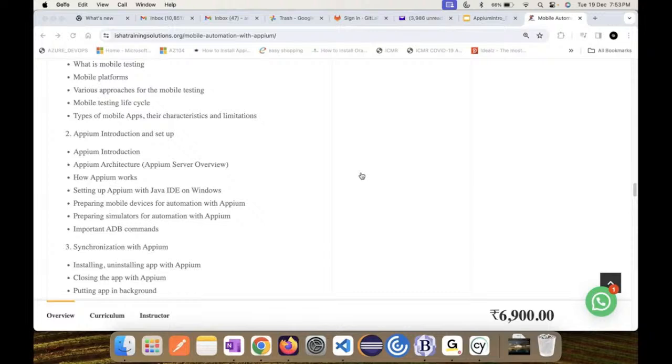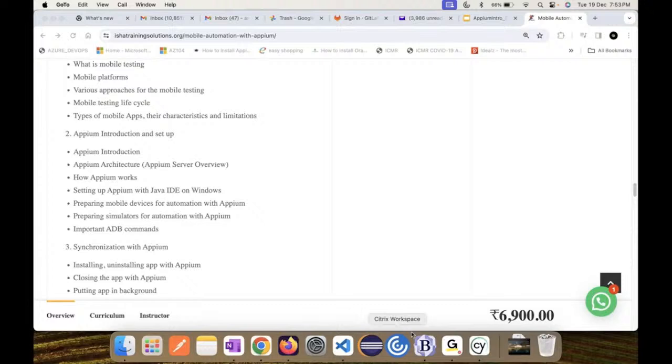Here we don't use Selenium, and we don't cover Jenkins. We do have Cucumber in our syllabus, but Selenium we don't have, and we also don't use Python for now. We use Java for now. So it goes like this.